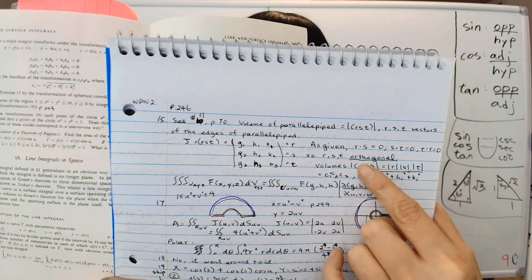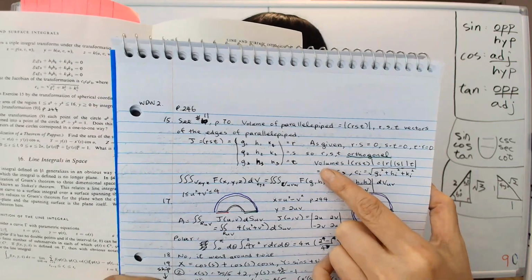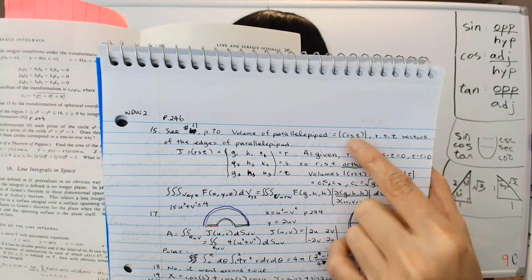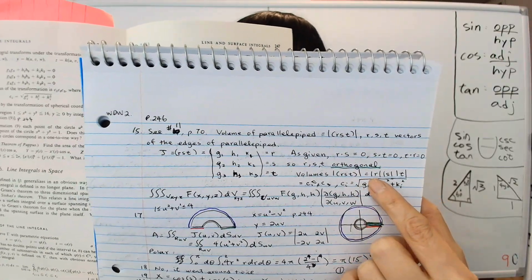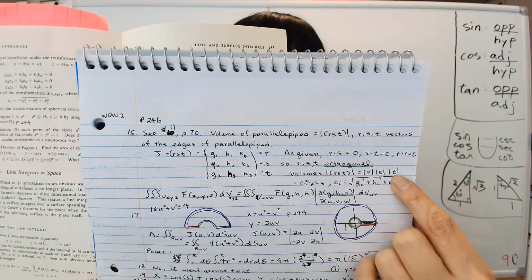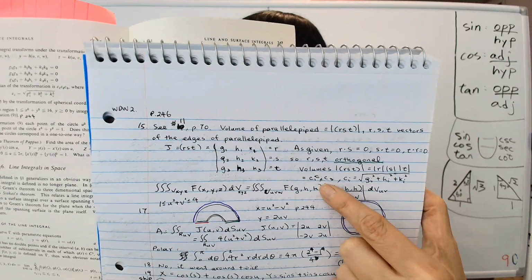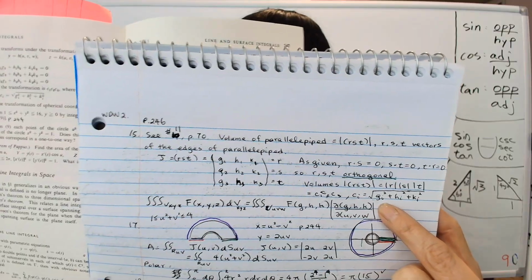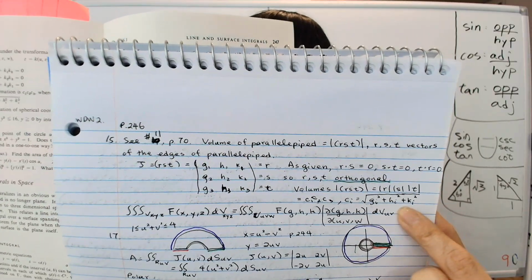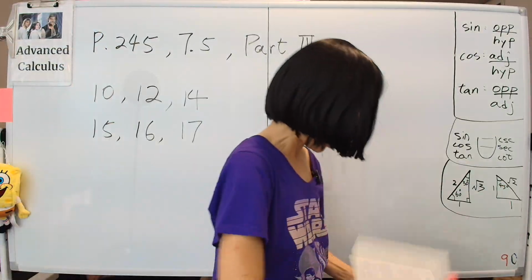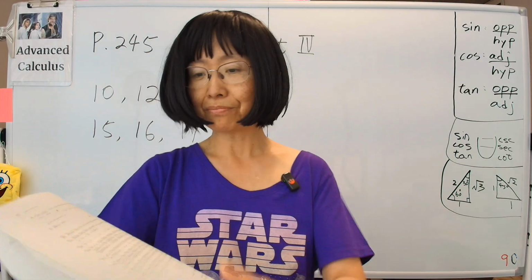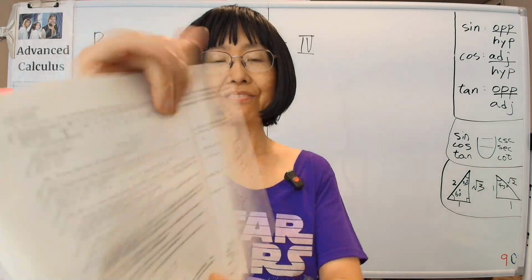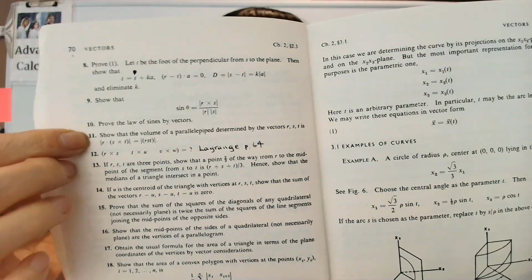They're all orthogonal, which means the volume of the parallelepiped is the determinant of this thing. And being that they are perpendicular, the volume is simply length times width times height, which is C1, C2, C3, where each Ci is Gi squared plus Hi squared plus Ki squared. That's all there is to it. So we just pulled out an old trick from problem 11 on page 70, and we did this